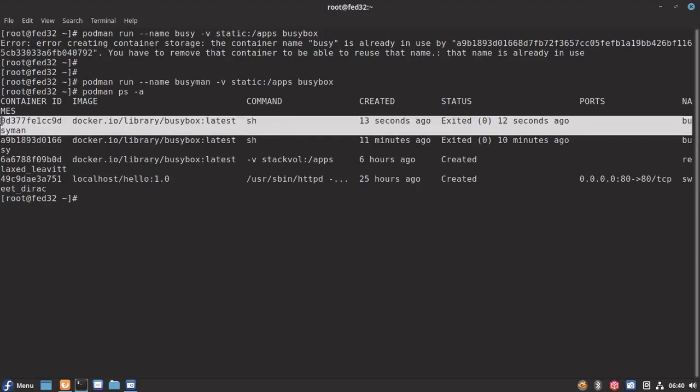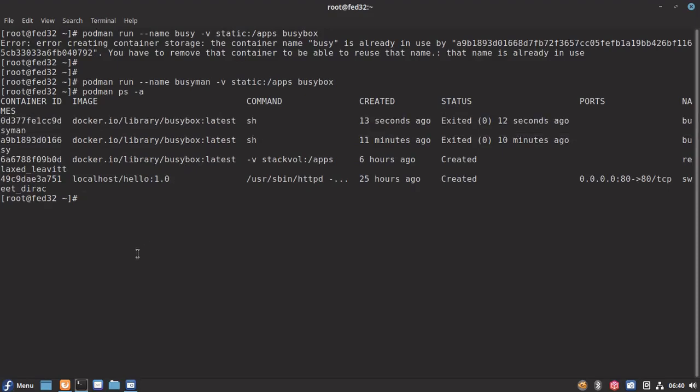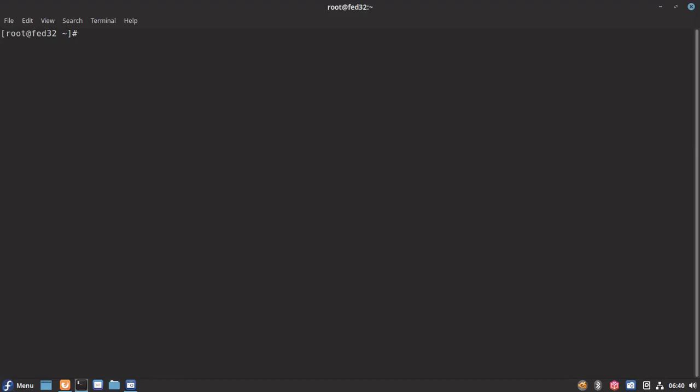So this is the container we have created, busyman. Okay, so let's try to attach to this container and see what is available in the apps folder. Podman execute directly.